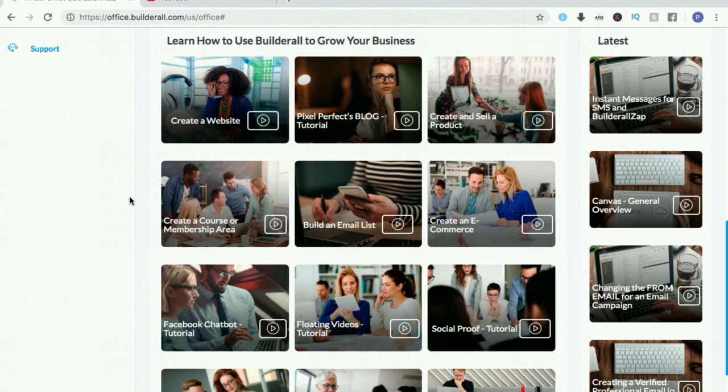Somebody signs up with Builderall through you, July 4th onwards, you will be paid for the affiliate commission on the new commission plan that took effect July 4th onwards. But prior to July 4th, whatever was the commission plan before July 4th, if you have subscribers that signed up with Builderall through you before July 4th, they will be on the commission plan that was in effect before July 4th. Okay? So that's how it works.